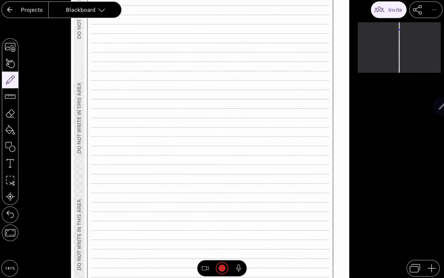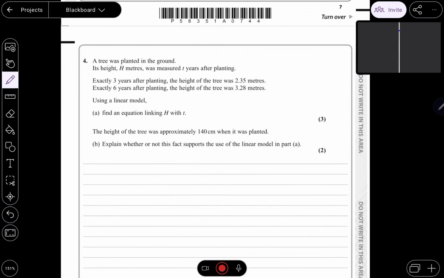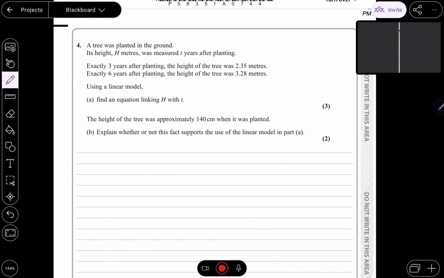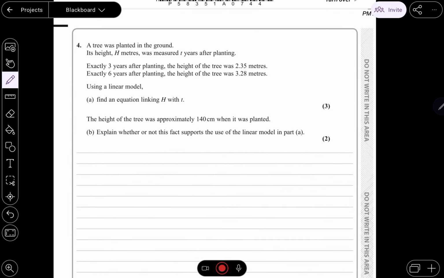Okay, next one is all the way down here. So it's one of these dumb questions. Using a linear model, find the equation of h linking t. So we have h equals, and now the difference from there to there is 28 plus 65. Which I'm going to type in a calculator, so that's 0.93. And that took how many years? 3 years. So it's going to be 0.93 over 3, which is